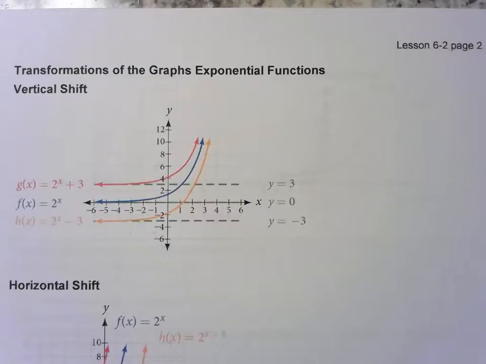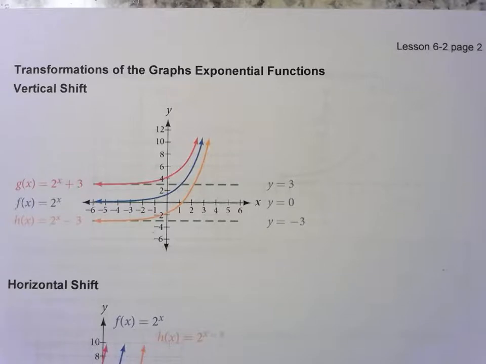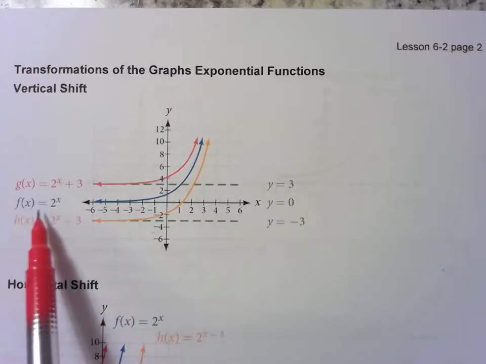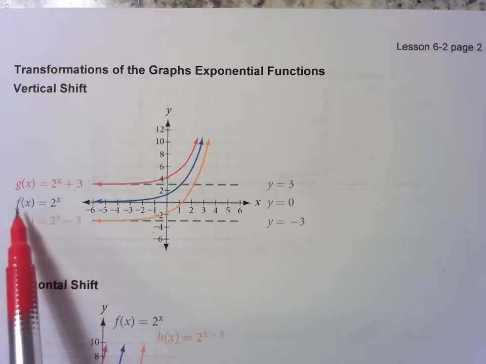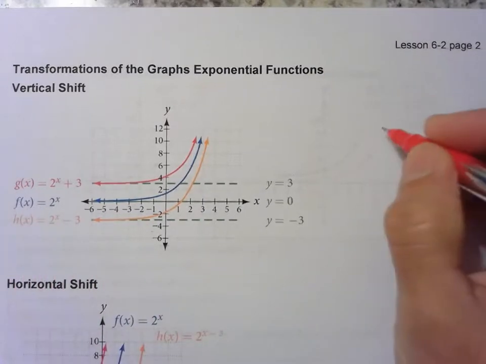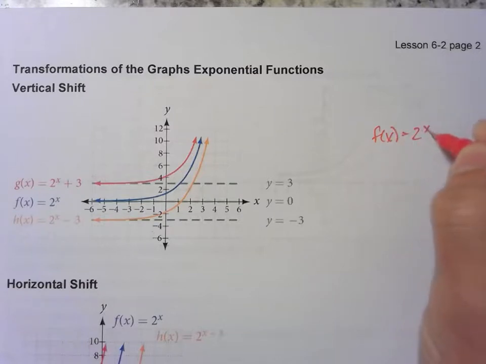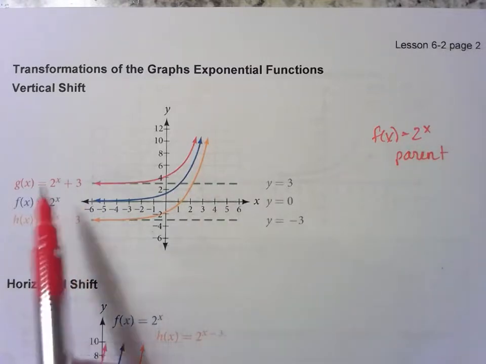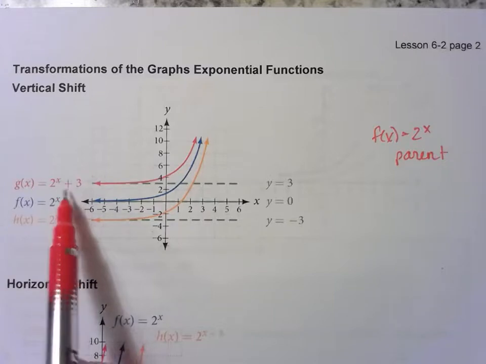So in a previous chapter, we learned about transformations of graphs and what happens to a graph based on if we add or subtract something to it, or if we multiply it by something, or if there's a negative in a specific place. Well, those all apply to exponential functions as well. Let's call this function here our parent function. We'll call f of x equals 2 to the x our parent, or our toolkit function, if you want to call it that. Okay, so if this is our parent function, look what happens when you add 3 to the